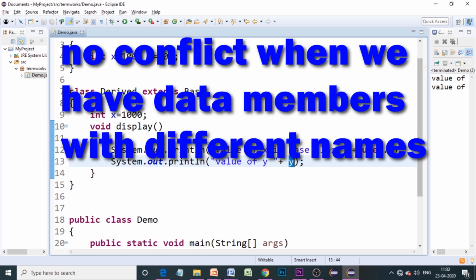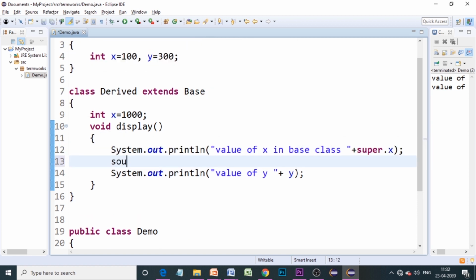So let's print the value of x which is there in the derived class also. Let me put one more system.out.println statement over here. So this is value of x in derived class. This time I'm going to print it as just x, not super.x, because this is present in the derived class itself and we have the object of the derived class.